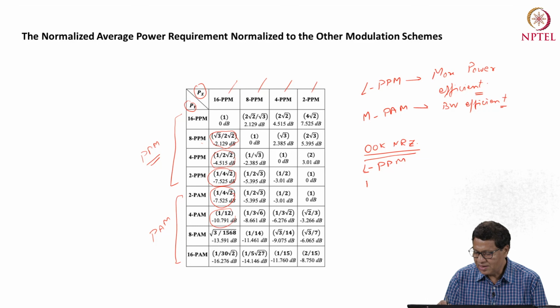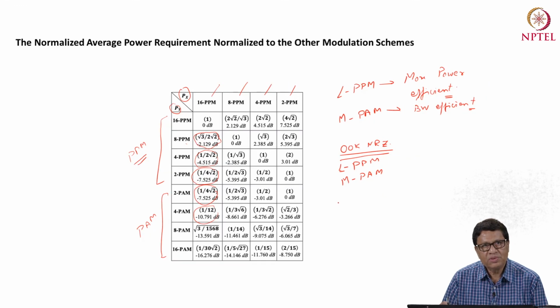Similarly, we have done M-ary PAM systems, and also we have seen a comparison of these two systems with respect to SNR requirement or with respect to power requirement. And next we want to start with another modulation scheme, which is